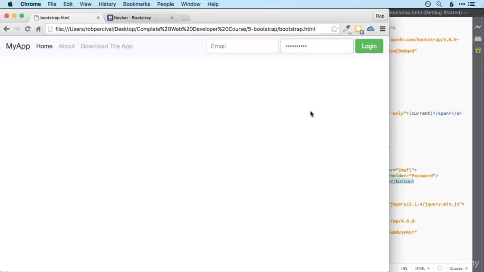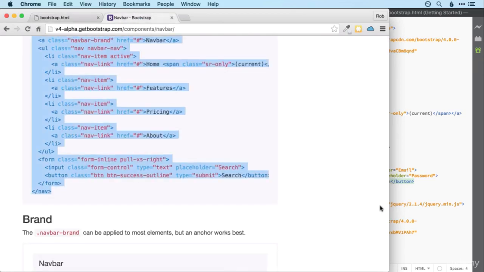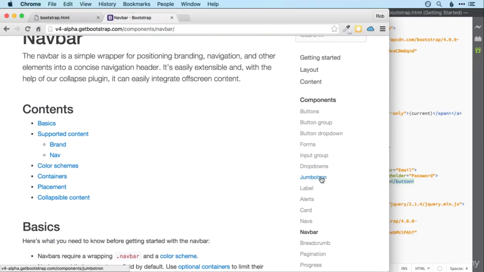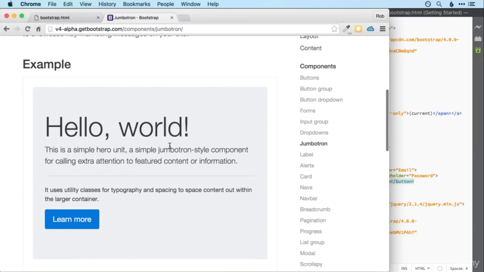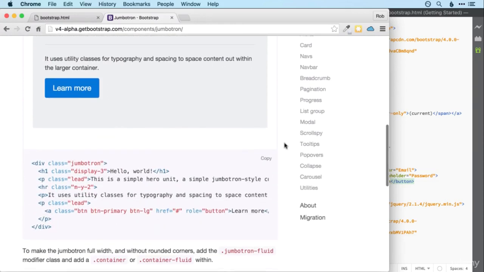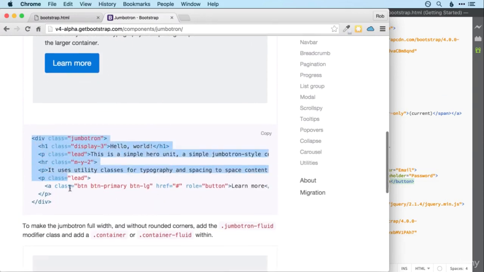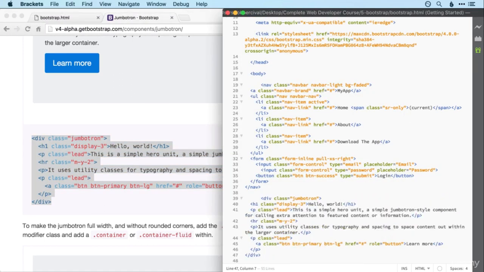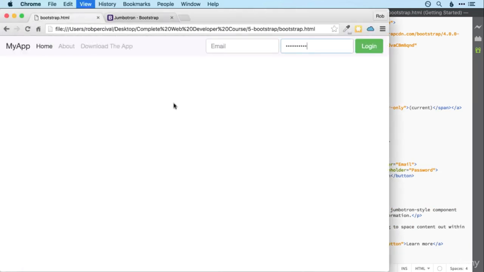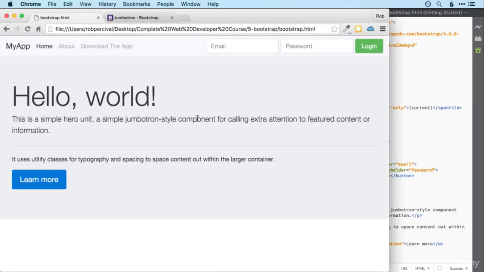Now let's move down to our Jumbotron, which is still a word that I love saying. Here we go. So let's start off with the demo code and work from there. Great, so that looks pretty good as is, but we want, of course, a nice big image to make that